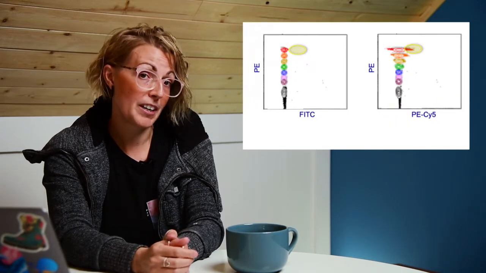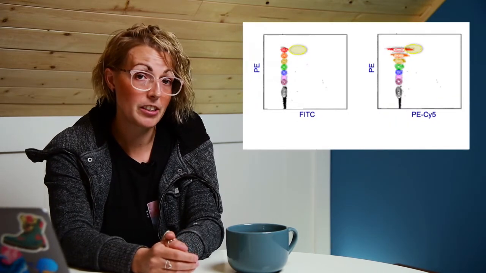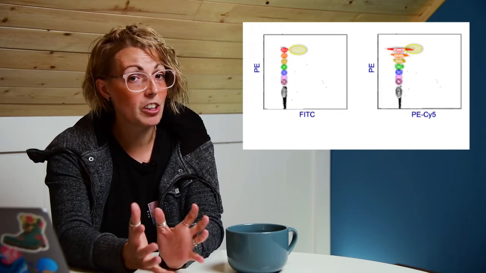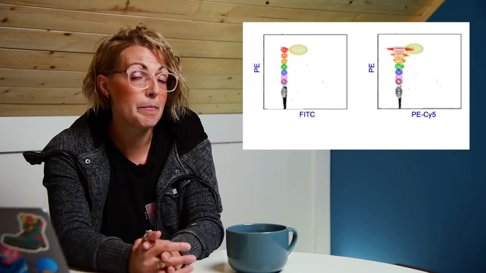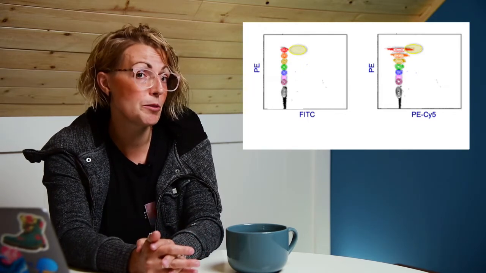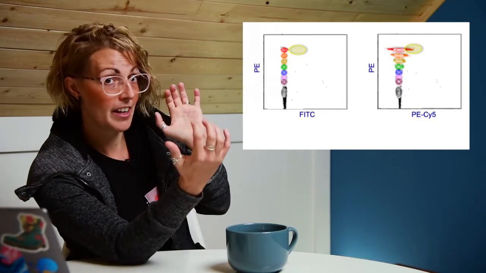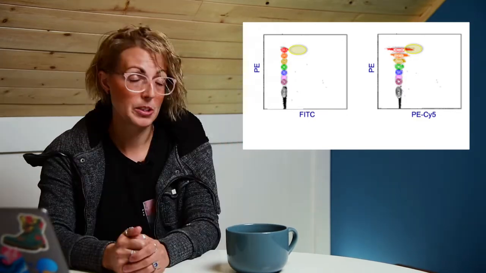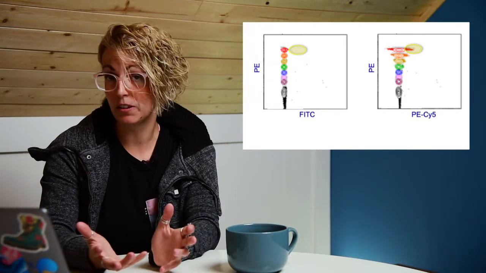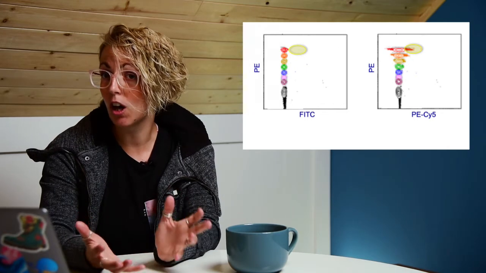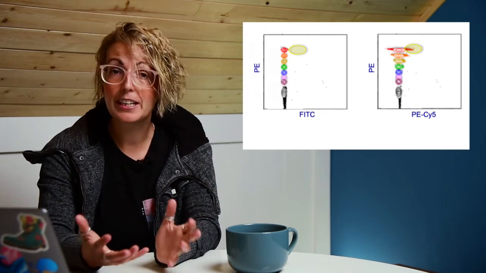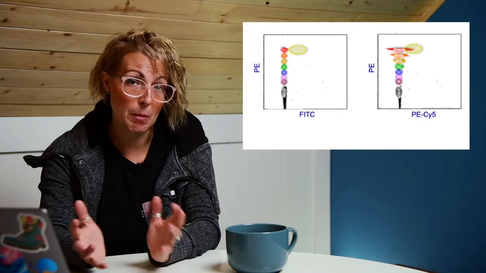So as you can see in the plot here, because of the spread of our PE positive population, we would have a very difficult time detecting a dim PE Cy5 signal because this would fall underneath that spread population. So again, this spreading error would then result in effectively a loss of resolution, so an inability to really discriminate your populations. This may sound very dire, but it's actually fairly easy to figure out if you're going to have